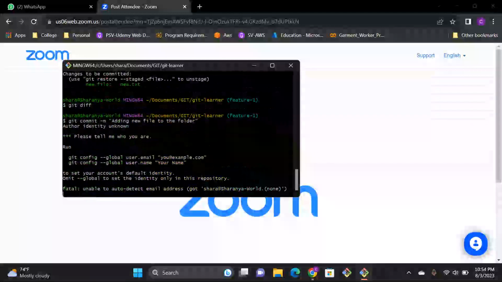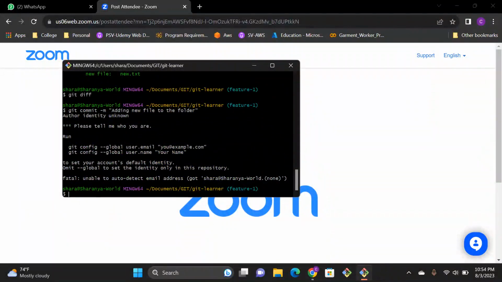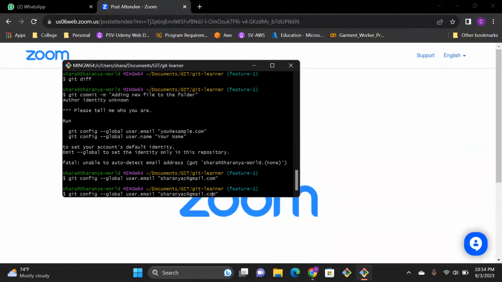This is the command she has added here. Since we did not configure the global information, it is asking us to provide something. These are necessary commands we should configure before working on GitHub. So it won't ask you for this information if we add it here. For every push that we do, it will carry this username and email ID. That's why it is required. And the next one is